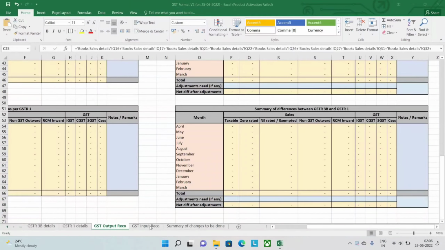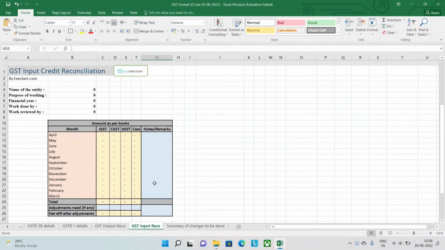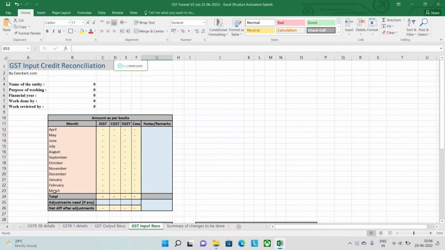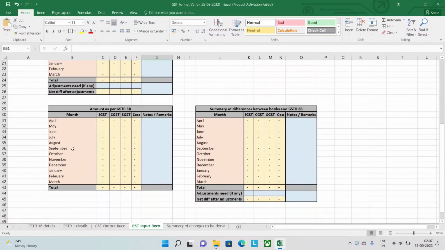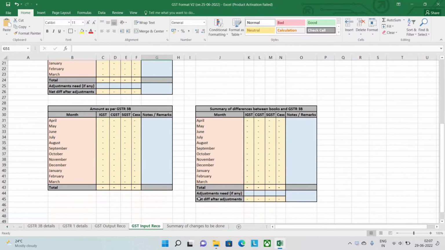Now, the next template we talk about is GST Input Reco. This is similar to GST Output Reco. Here, in this table, you will get the values auto-populated from the GST input details as provided by you. Right below that, you have amounts as per 3B, wherein you get the details as filed by you in the GST return. So the summary of these two tables will appear here. The summary of differences